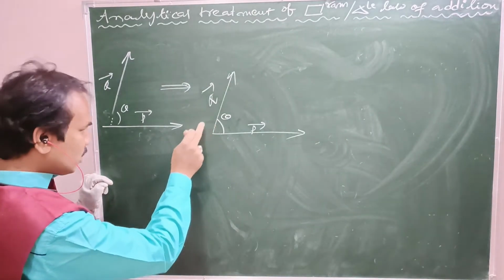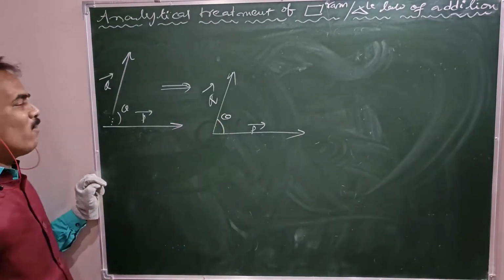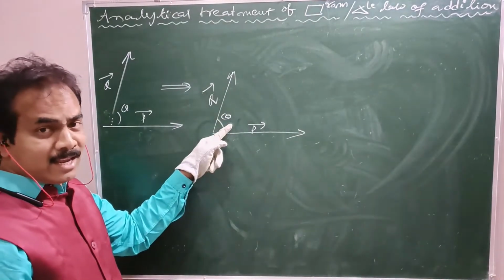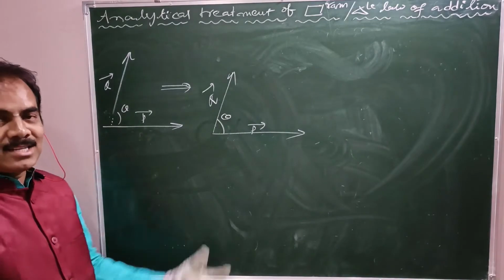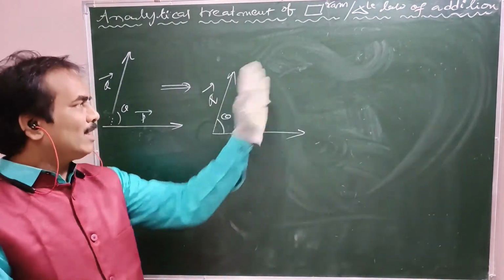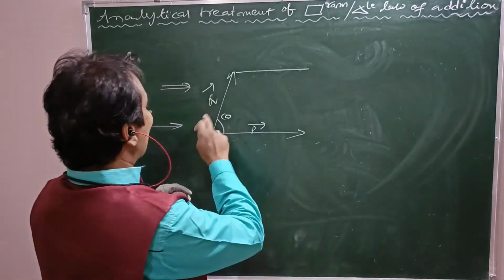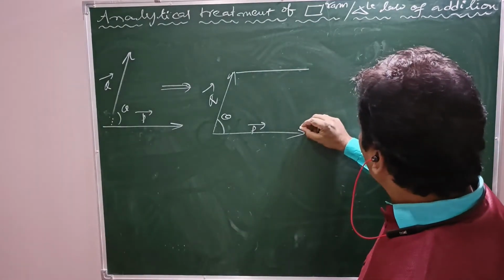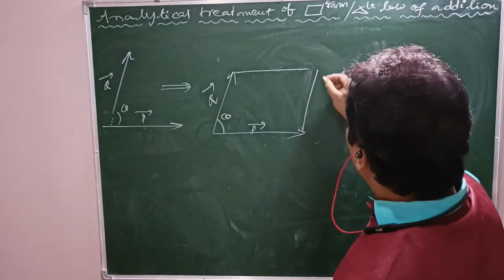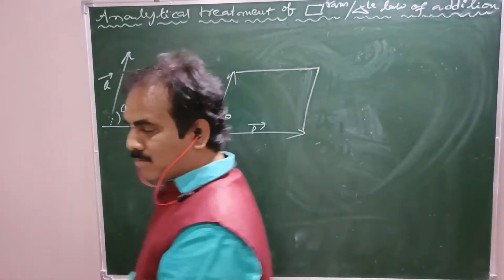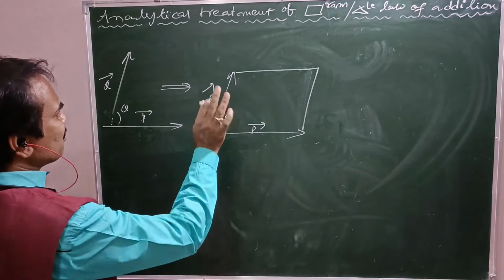Why? Because if you go this way, definitely it crosses 180. If you go this way, definitely it is less than 180. So this is the right way in assigning the angle between given vectors. Okay. Now say these two are taken as the adjacent sides of the parallelogram. Now take two other sides also, parallel to this one. Take one side somewhere here, parallel to this one, and take the other side like that. Okay. So the parallelogram has been constructed.